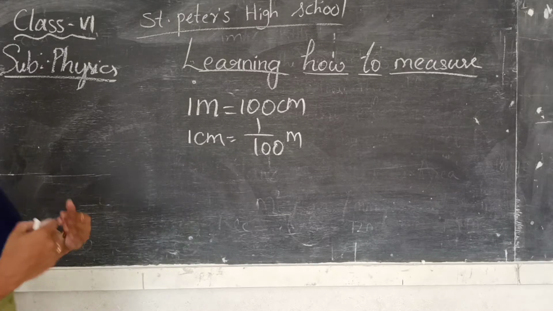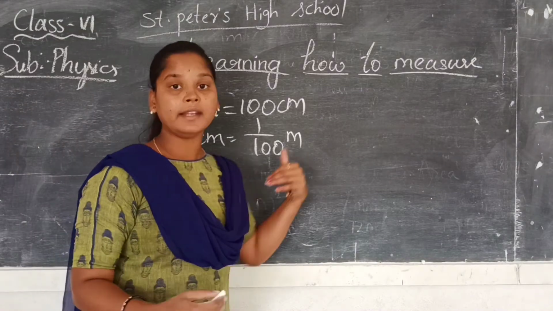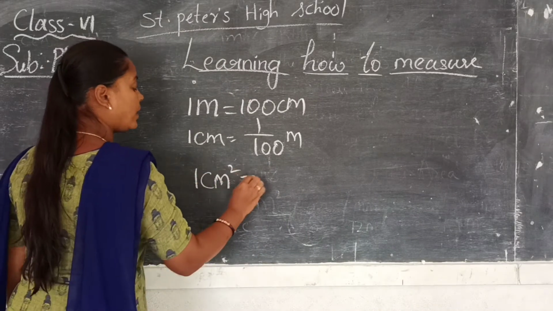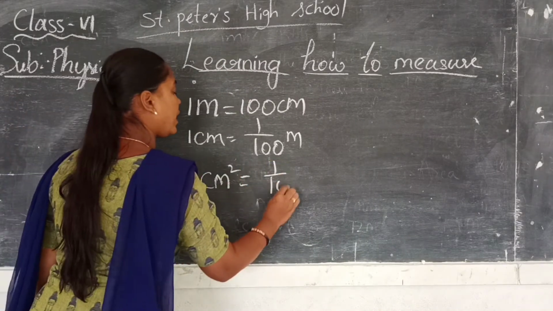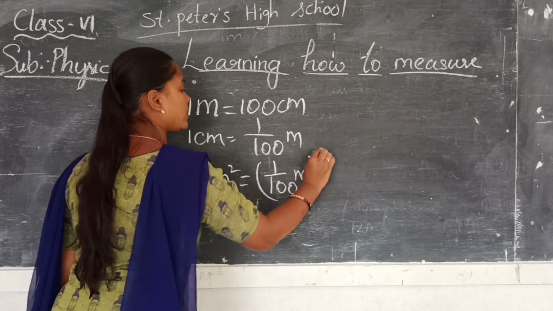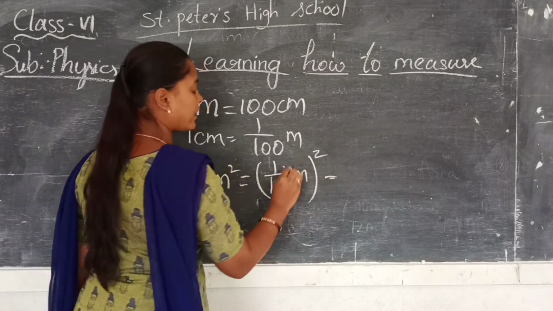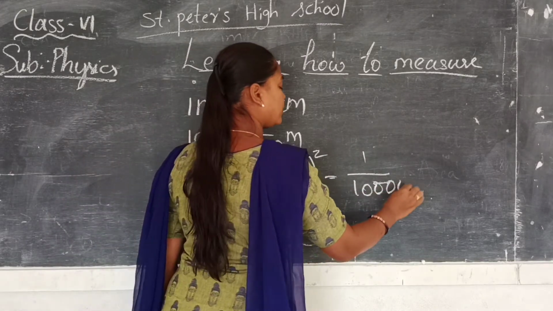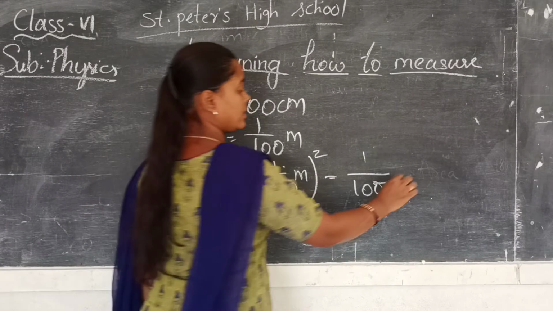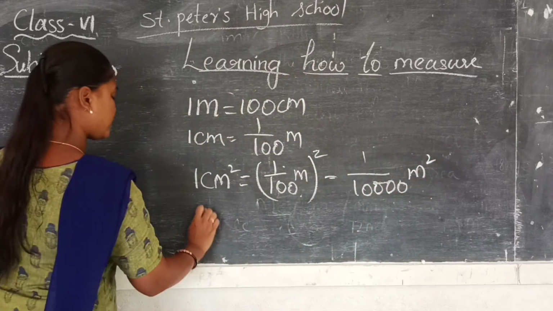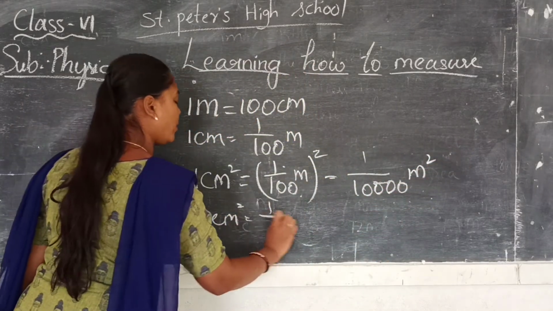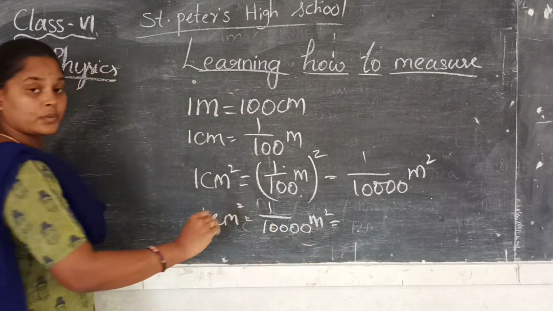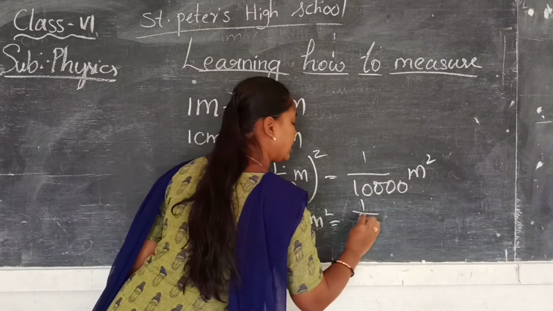Now I am asking what is the relation between centimeters square and meters square. Suppose we square both sides. 1 centimeter square is equal to 1 by 100 meters square. So we can write 1 by 100 into 100 as 10,000. That means 1 centimeter square is equal to 1 by 10,000 meters square, and this 10,000 can be written as 1 by 10 to the power of